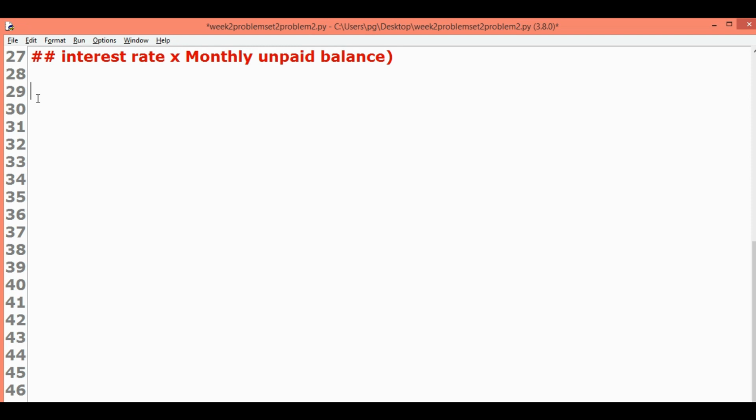We have been provided two variables, balance and annual interest rate. We would not be needing them when we submit our final code to the edX grader, but as of now we would start with these two variables having some initial values. Just be aware that these two statements will not be part of our final code which will be submitted. So balance is equal to 5,000, annual interest rate is equal to 0.18. Here we initialize these two variables to the values provided in the introduction, which is 5,000 and 0.18 respectively.